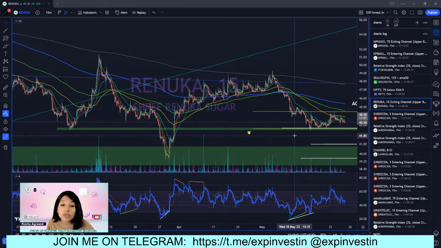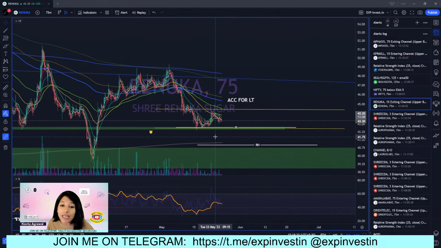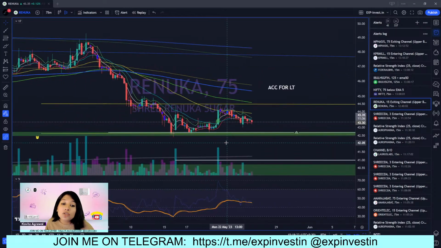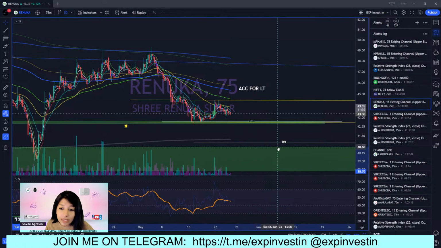Okay, now let's go one more time frame lower and see whether or not we have a good storytelling there. On the 15-minute time frame, indeed we see that there is already an RSI positive range shift, very, very visible, and a strong positive divergence, indicating that it is a good time to start accumulating the stock. So we also spoke about accumulation zones or support zones, and that is what is marked here in green, right? So now